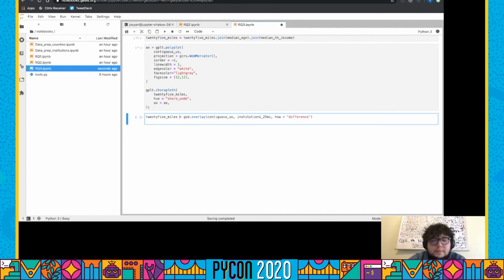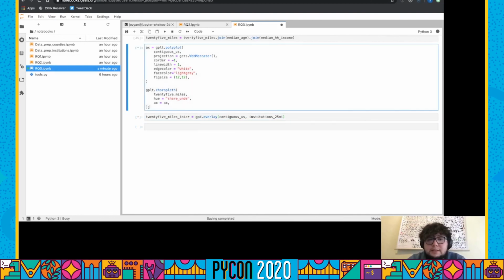So we're going to do intersect, and we're doing it this way instead of just plotting the actual institutions, the polygons of the institutions with the 25-mile radius around them, because what we want is the information from the counties, from the contiguous US data frame. So we want a county shape, except we just want to drop everything that's not inside that radius. Because this is the default, we can actually just delete this. And it's going to create that geo data frame. And now if we run this,